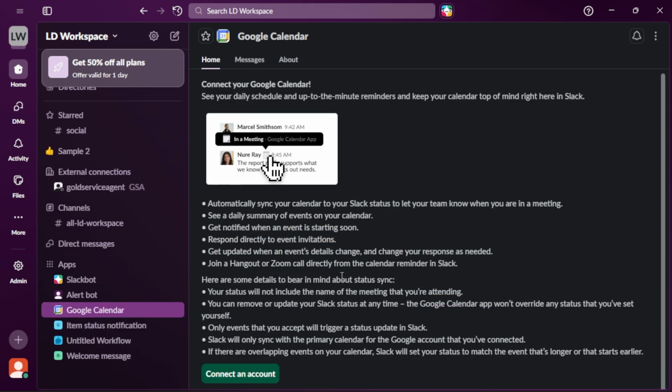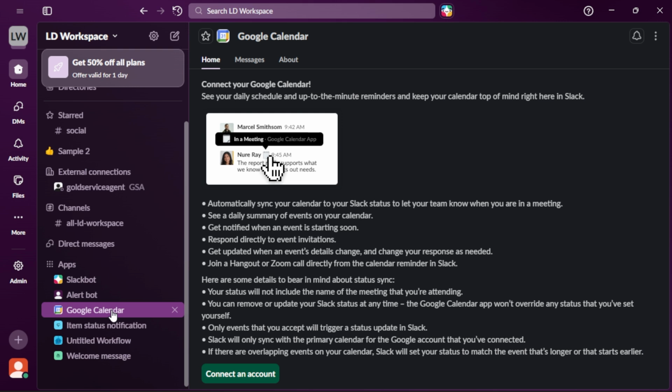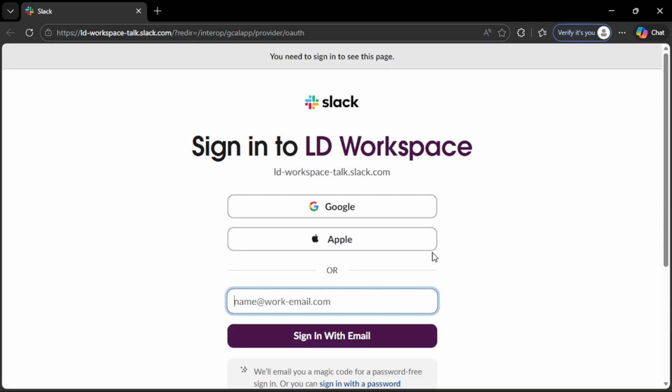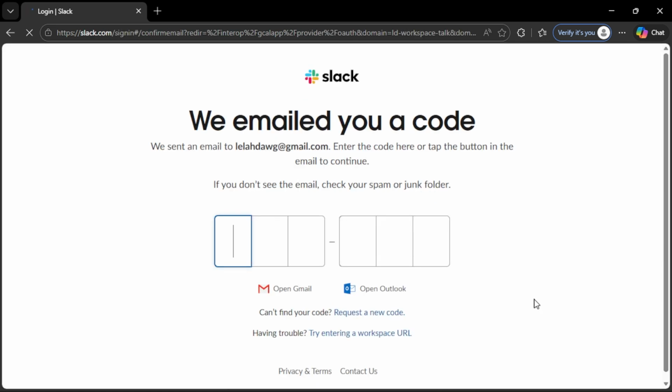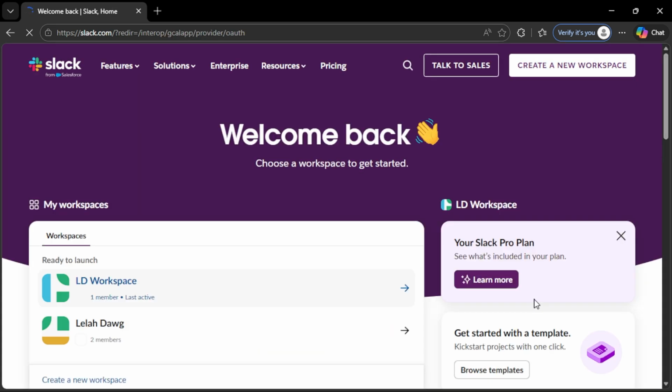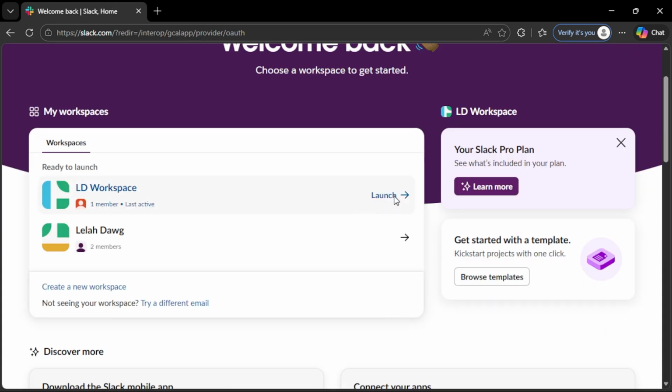Click on Google Calendar in your sidebar to open its Home tab. Click the button that says Connect an Account. A browser window will open asking you to sign in to your Google account. Select the account you use for work, review the permissions, which allows Slack to view and sync your events, and click Allow. Once confirmed, you'll receive a Success message in Slack, and your upcoming meetings will start appearing in the